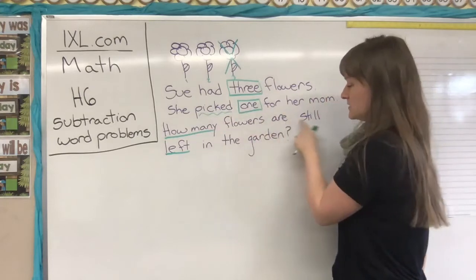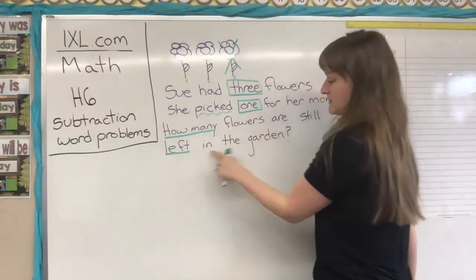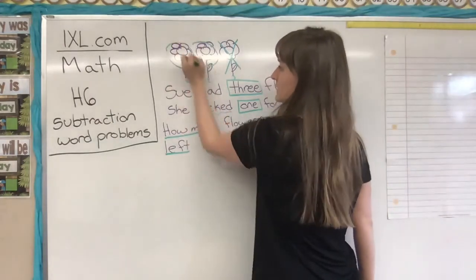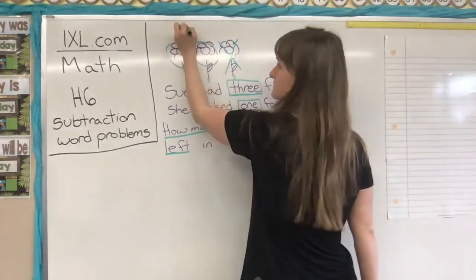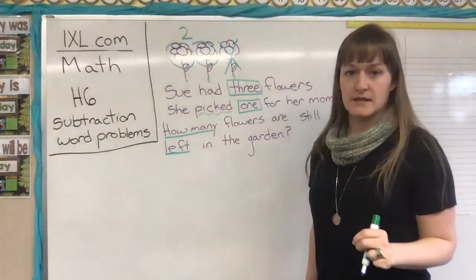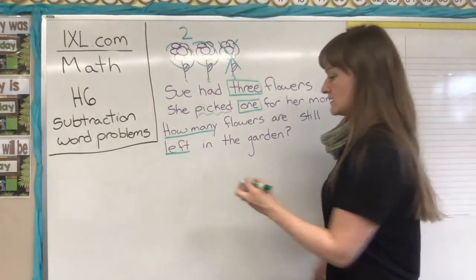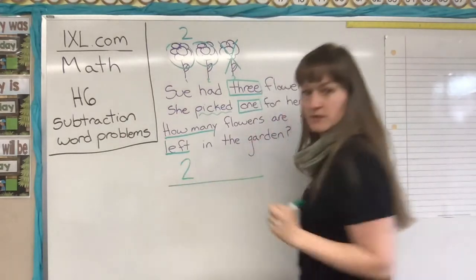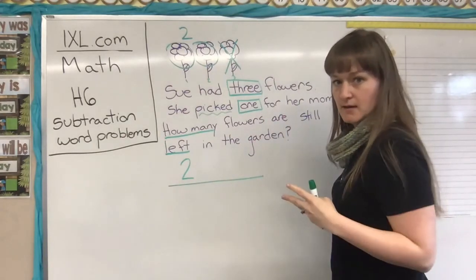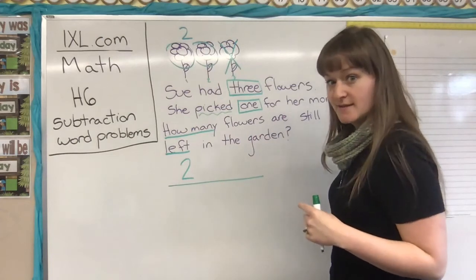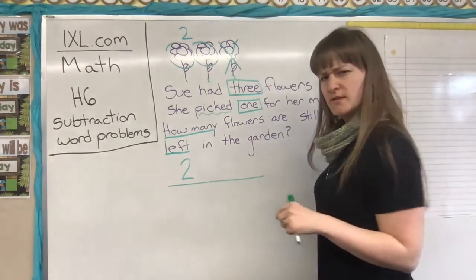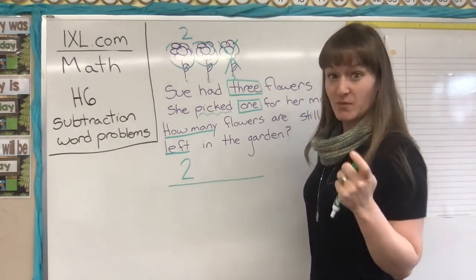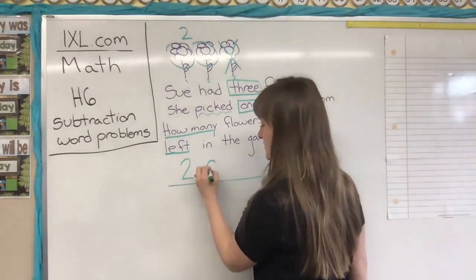How many flowers are still left in the garden? So then I have 1, 2. 2 are left in the garden. So is my answer 2? And that's it? 2 elephants? 2 books? 2 pencils? Always label your work. 2